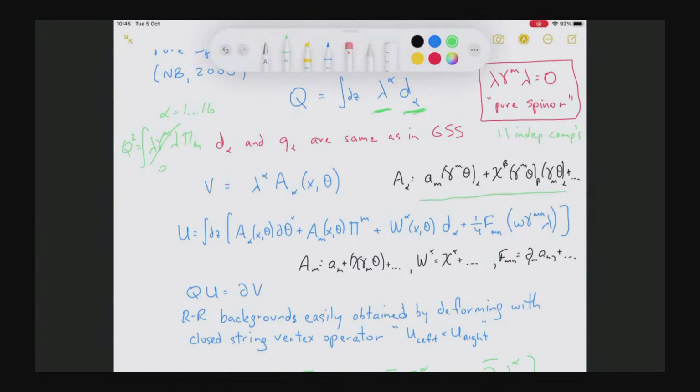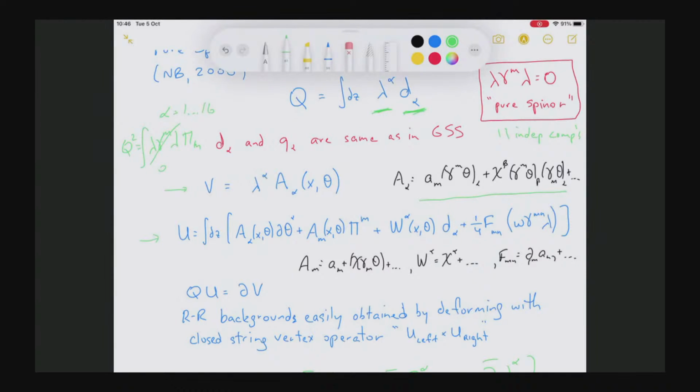So A alpha is a superfield, and you can gauge it to have the form where the lowest component is linear in theta, and that's just the gluon. And the term quadratic in theta is the gluino, and then the higher order terms are just derivatives of those. So this is called the super Yang-Mills spinor potential. And this would be the unintegrated version of the vertex operator, and the integrated version is what I call U. And that starts out